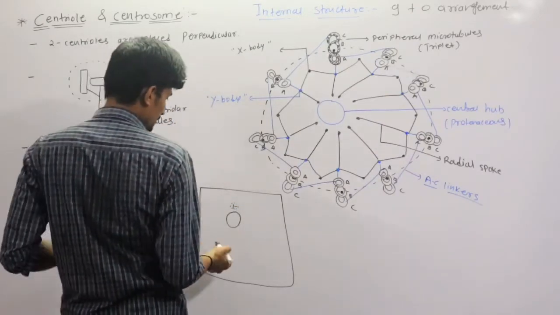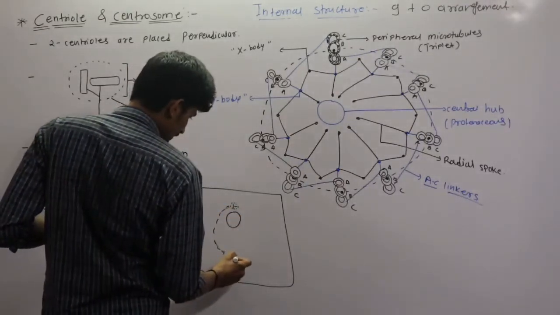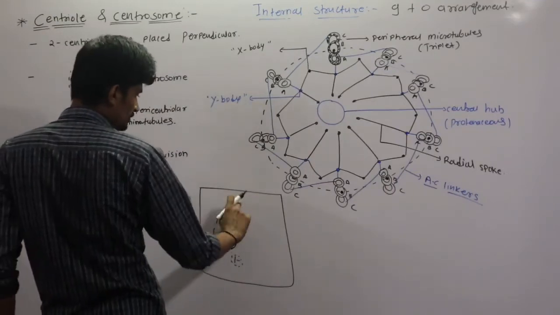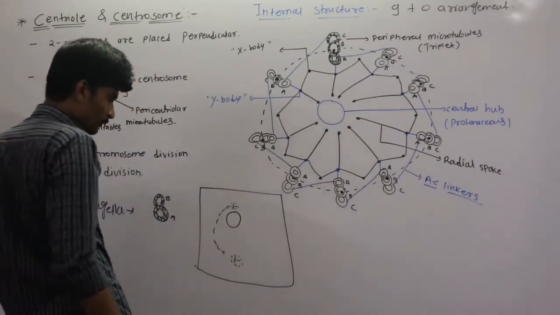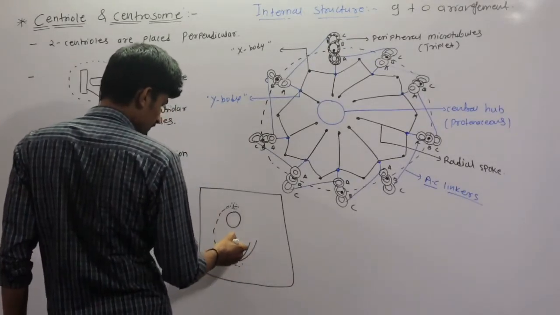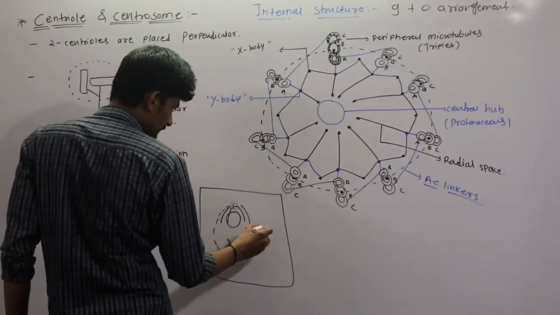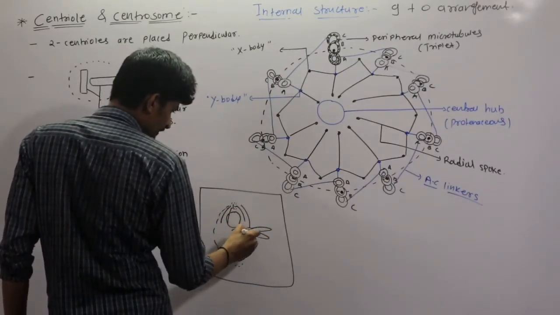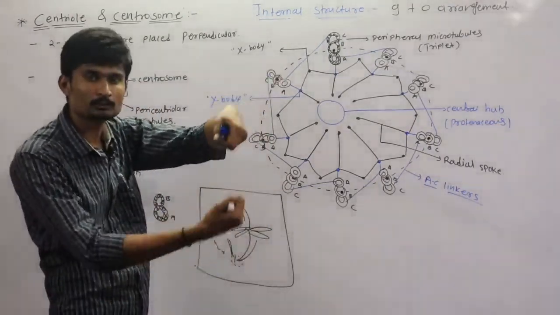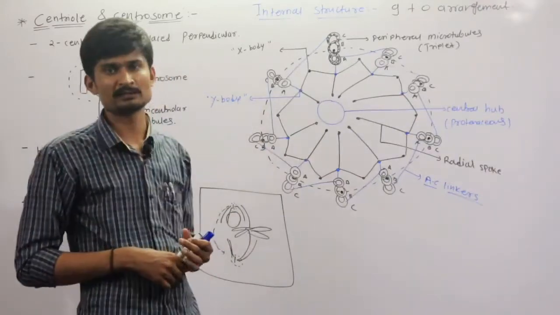During the cell division, initially this centriole divides and forms two centrioles and they are present at two different poles. This is one pole and this is another pole. And from these centrioles arise the fibers, and these fibers help in the division or separation of the chromosomes. Meaning this fiber separates the chromosomes. This process we will discuss in detail in cell division.